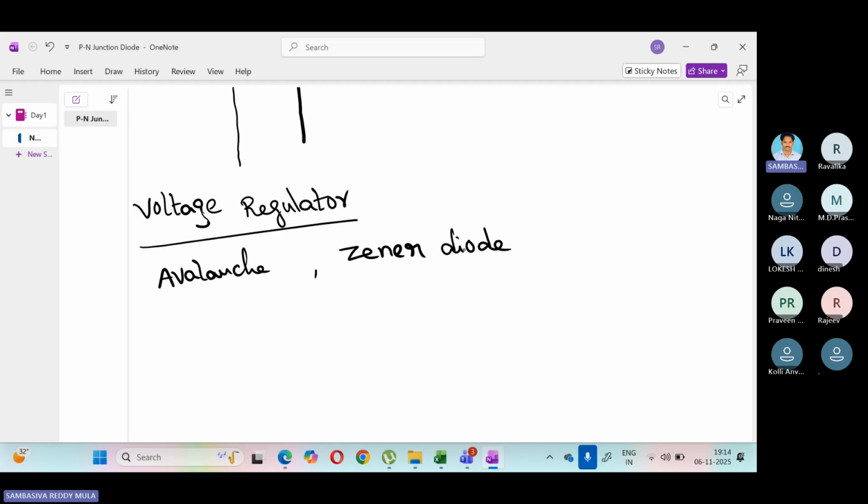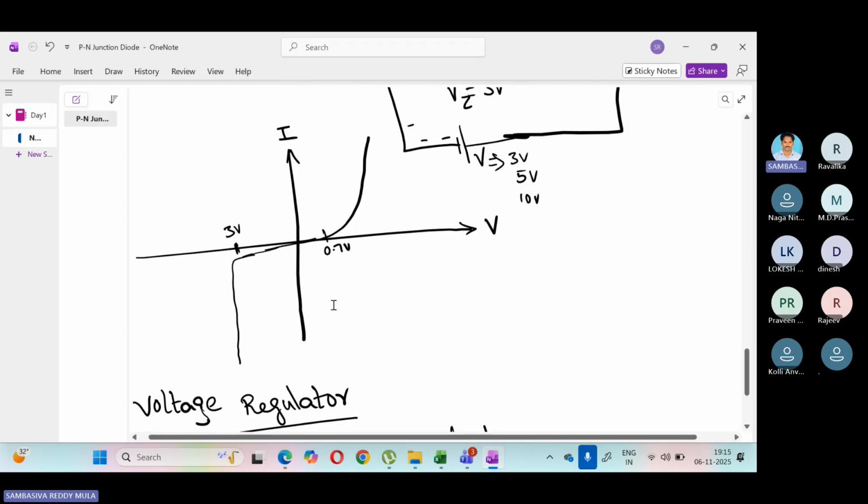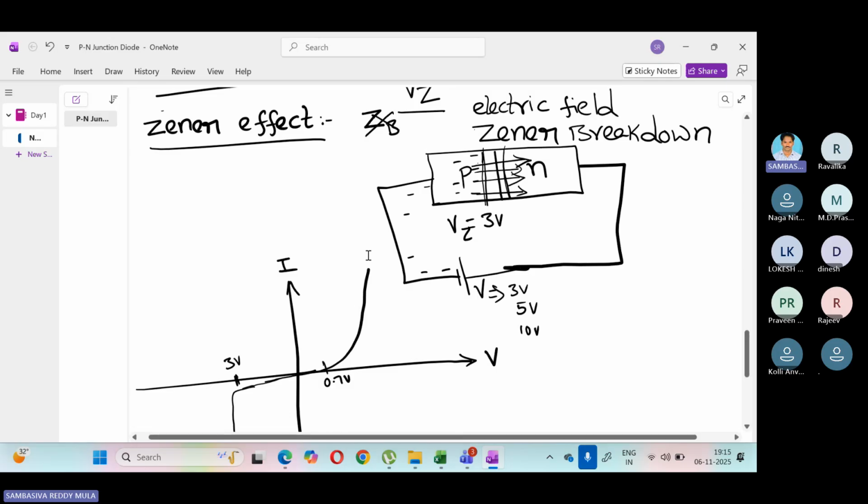So that causes some more current to flow. Avalanche breakdown means both are breakdown. Breakdown occurs means in the reverse bias also current will flow. So heavy current will flow after the breakdown. So these two processes are independent. They may occur